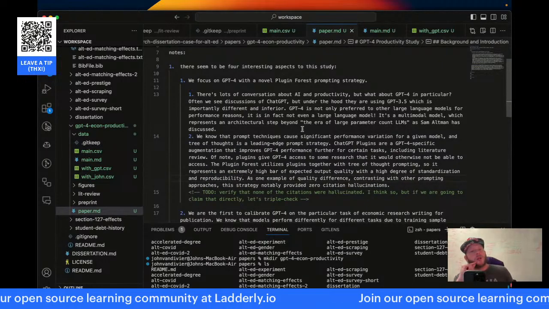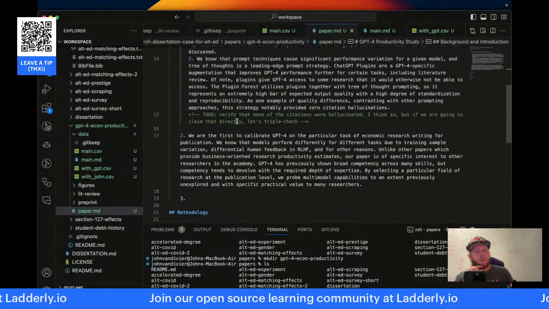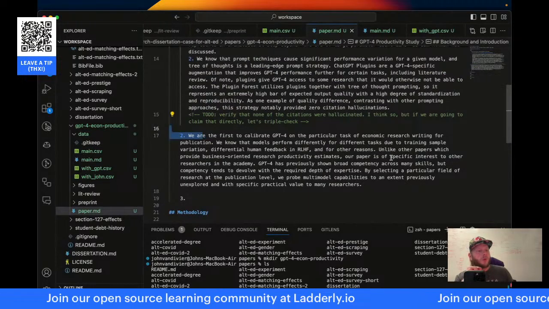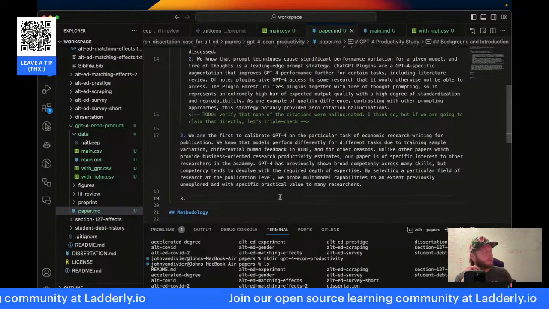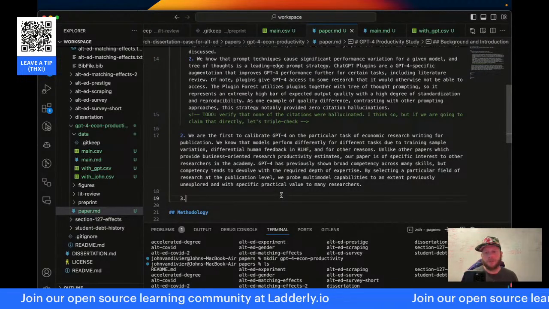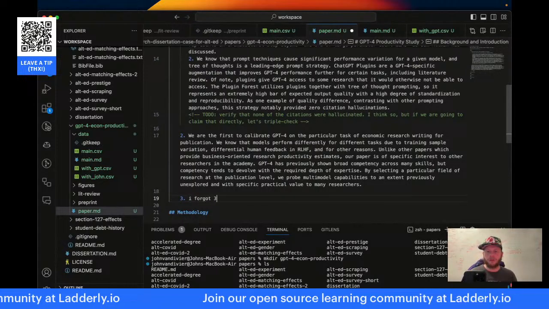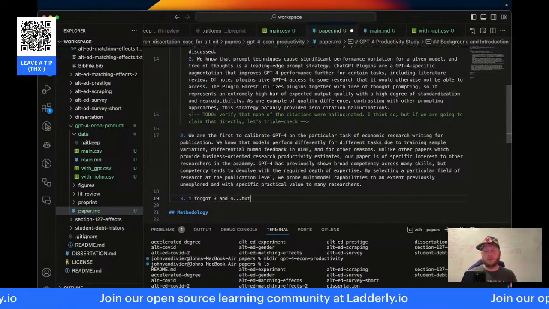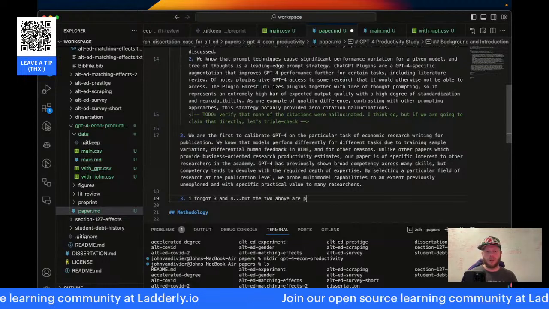So we're using GPT-4 with this prompting strategy. We're using plugins. We're specific to economic research writing. I think these are the main points. I forgot 3 and 4, but the 2 above are great already.